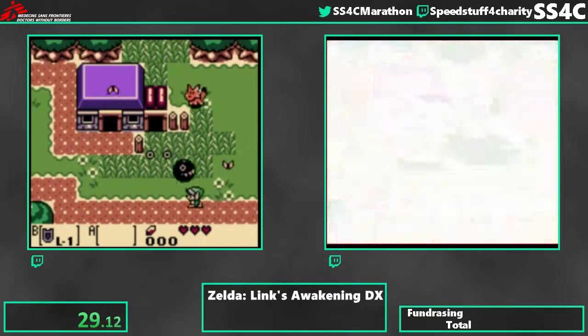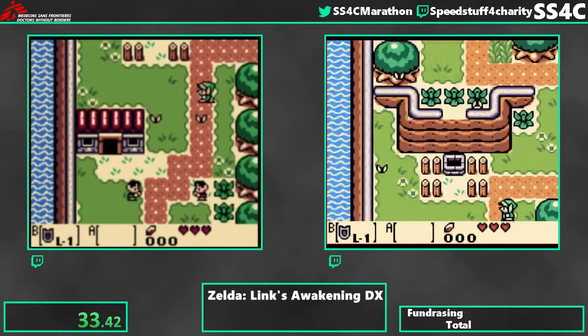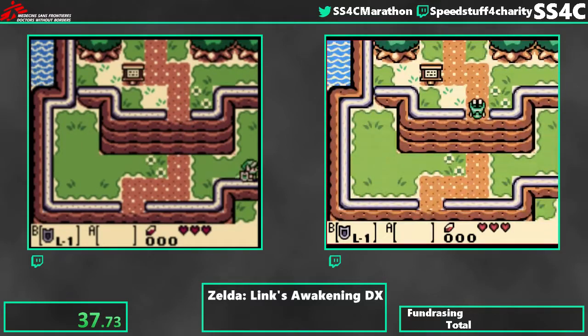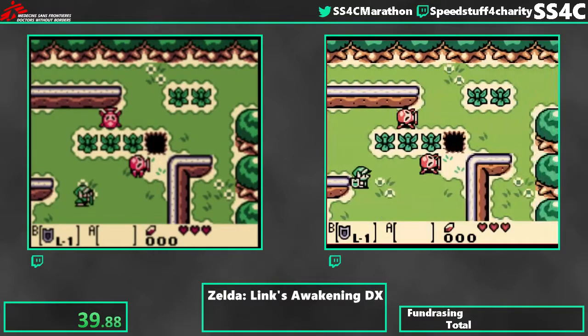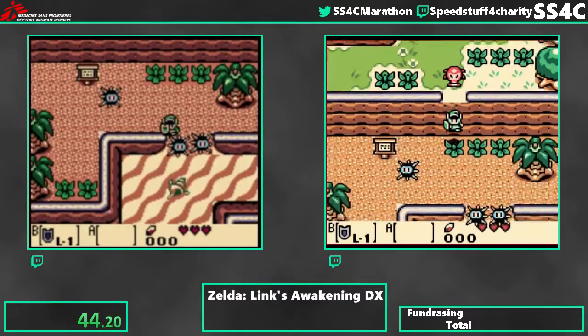And this also abides by the rules of no out of bounds and no wrong warp. We can save and quit, and we will be doing that quite a few times throughout the run. So no out of bounds is kind of hard to explain, but basically we can't walk on ceilings, and